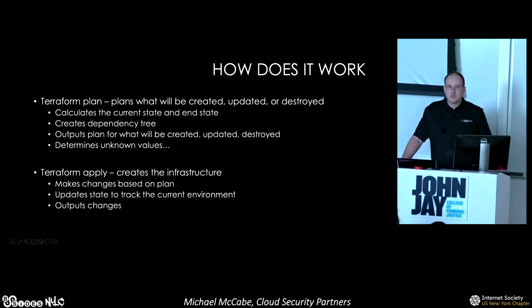We haven't done anything yet, but this is what's going to happen once we do the apply. It gives you outputs for what things are going to look like after things are created. It creates a whole dependency tree to show what has to be created before something else has to be created. Determines unknown values, which we'll get into because that's important from a security perspective. And then once you have that, you do a Terraform apply if everything looks good. And that's where things actually get updated, created, destroyed, whatever it might be. So that's when it reaches out to your cloud APIs, makes your updates, creates your EC2, whatever you're doing.